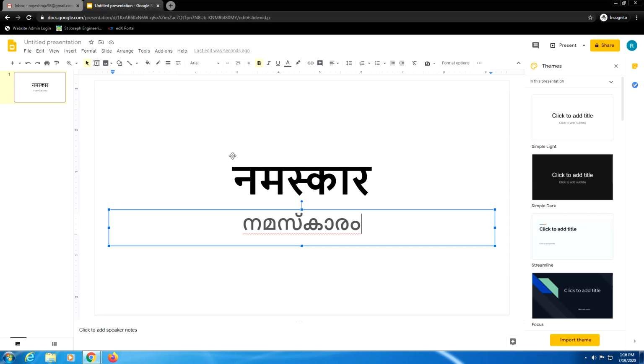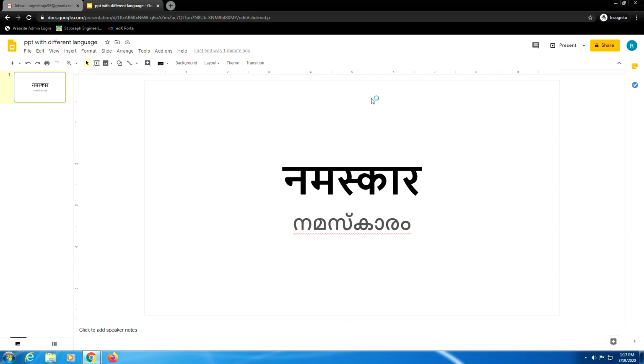Here also it's the same way you saved a document file. If you want to give a name for this, I just click here. Sorry, I forgot to change the language. Even if you want to save it in a different language, that is also possible, but I go for the English option. I type it as PPT, because it is a presentation, and when you say PPT, people will be able to remember it better. PPT with different language. When I click outside, the file gets saved.